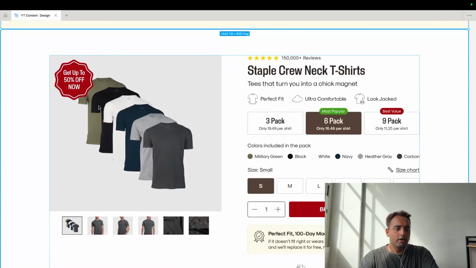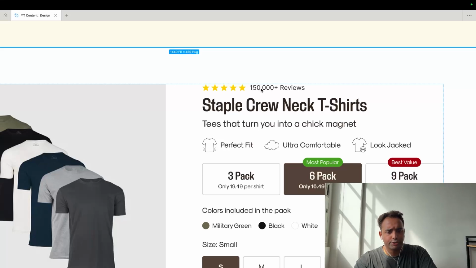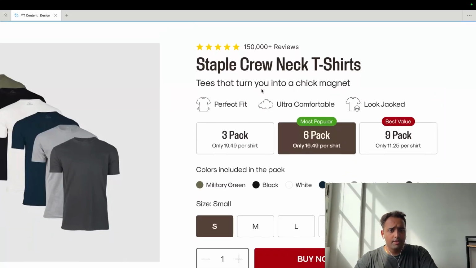And then going on the left, we are also calling the offer: get up to 50% off now when you buy the 9-pack, right? Then on the top, we are actually building a lot more trust by showing 150,000 plus reviews. Then we are showing the name of the product, staple crew neck t-shirts, right? The exact name of the product. Tees that turn you into a chick magnet, right? As simple as that. Then we have the perfect fit, ultra comfortable, then look jacked, benefits of value props using